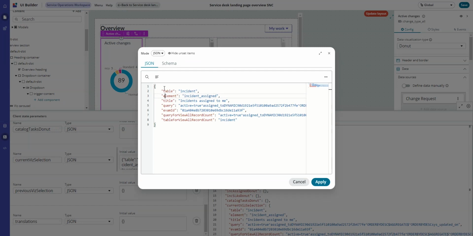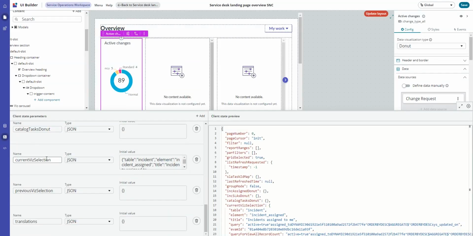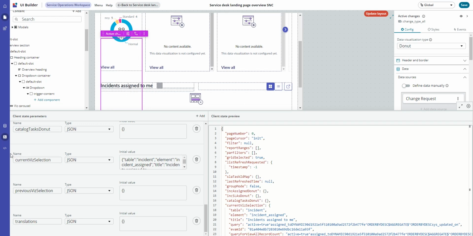Okay, so that is this current viz selection, which is an object, client state parameter, and that's what's doing the communicating between the changes between the visualization and the list. So if we go back to our script,